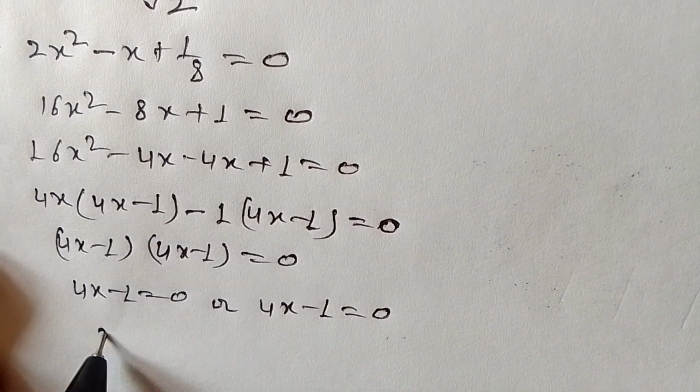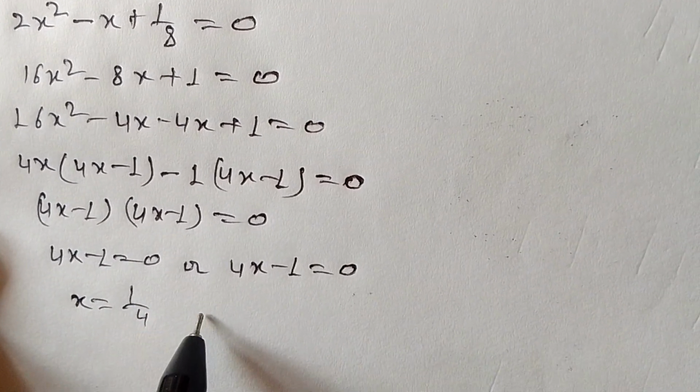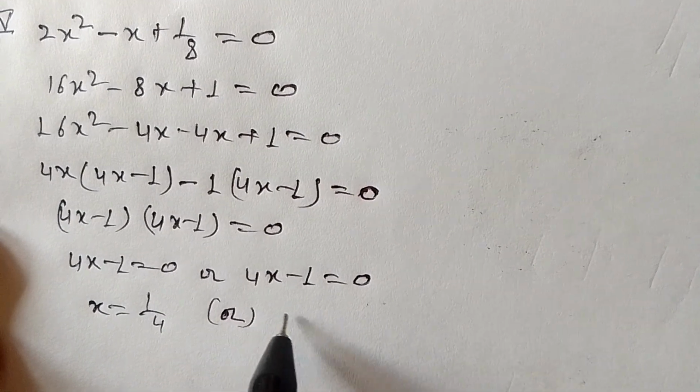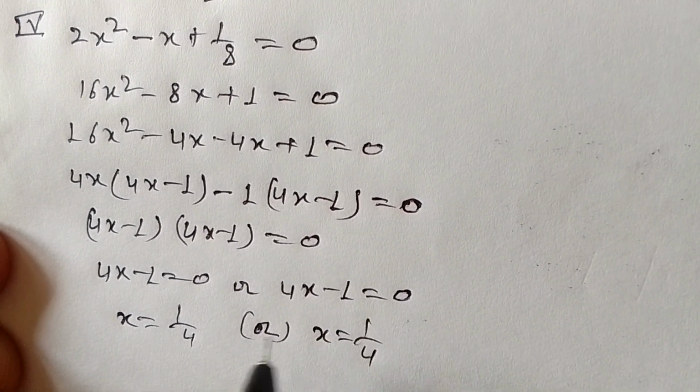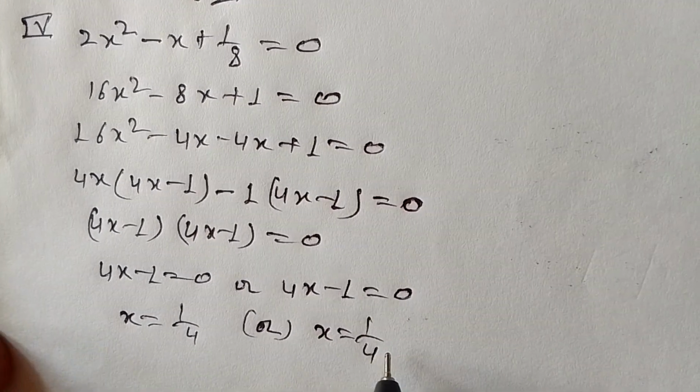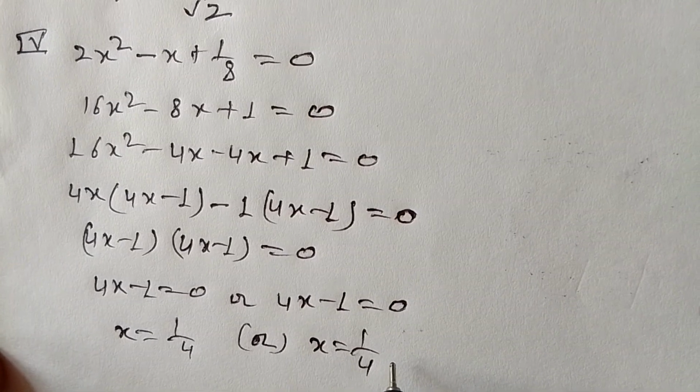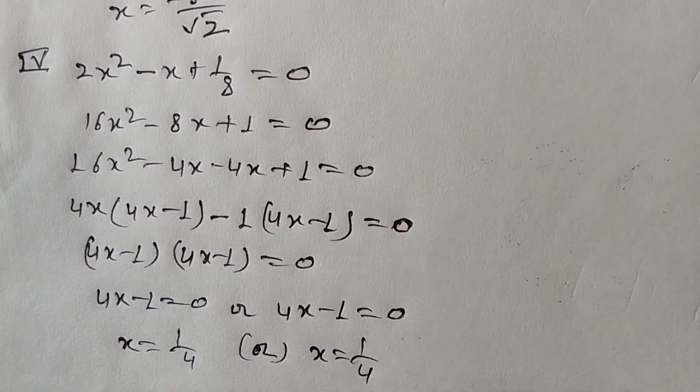So here x comes out to be 1 by 4, and on the other side x is also equal to 1 by 4. So both the roots of this quadratic equation are the same. Now we will carry on to the fifth part of the question,